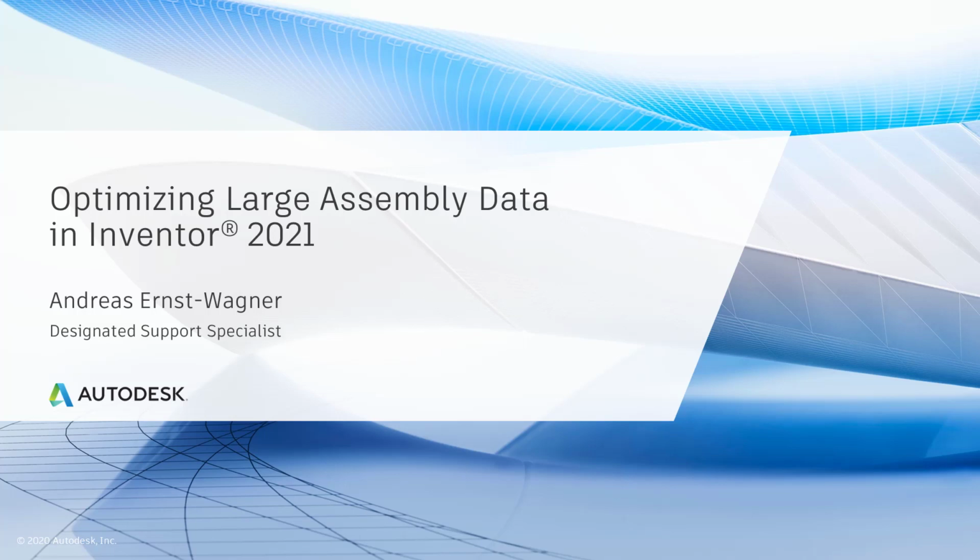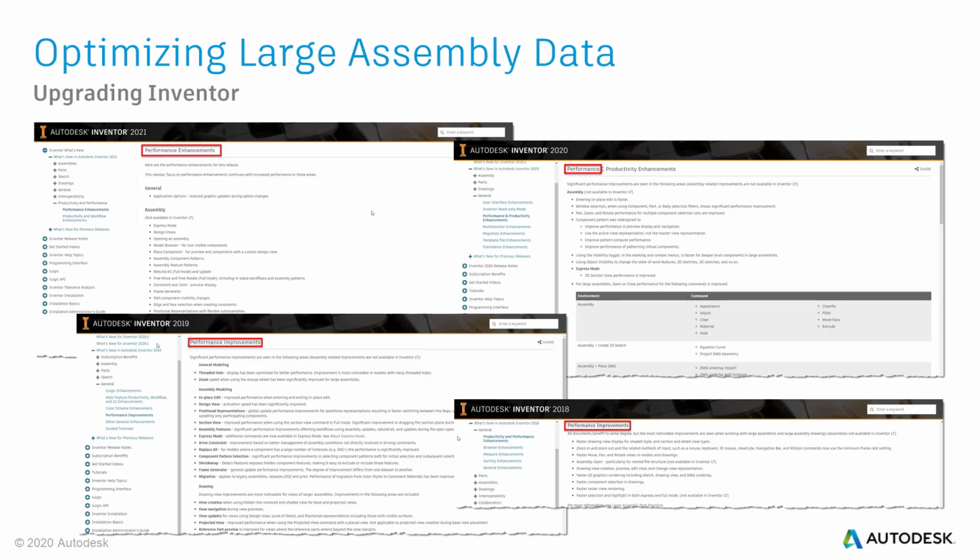In this short video, I'd like to give you a quick intro about impactful methods to increase performance with Autodesk Inventor. One of the most impactful approaches is to upgrade to the newest Inventor release, including updates. Over the course of the last 4 Inventor releases, we've provided significant performance improvements. Especially in the assembly and drawing environment, you'll benefit from much faster behavior while working with larger datasets.